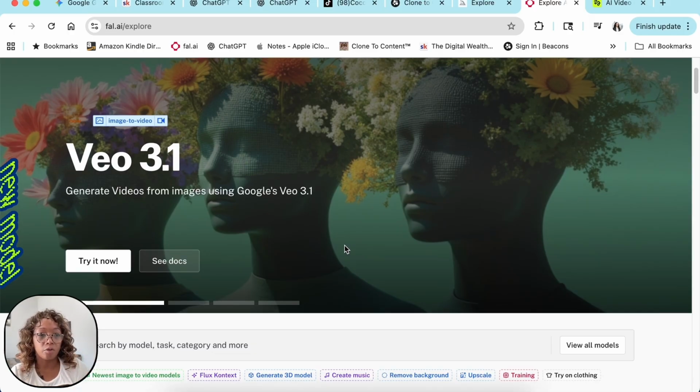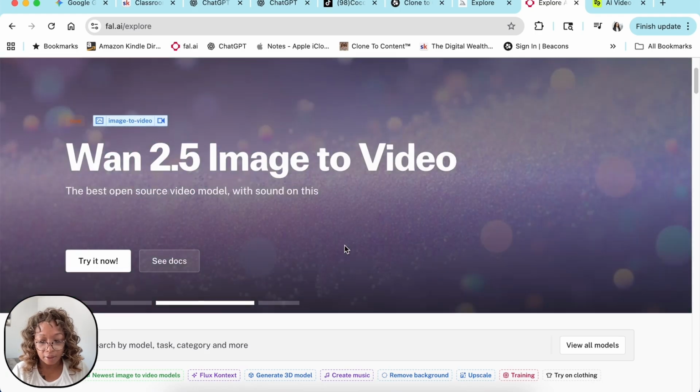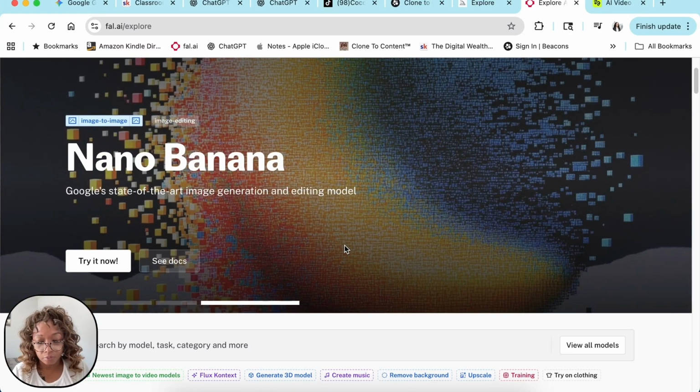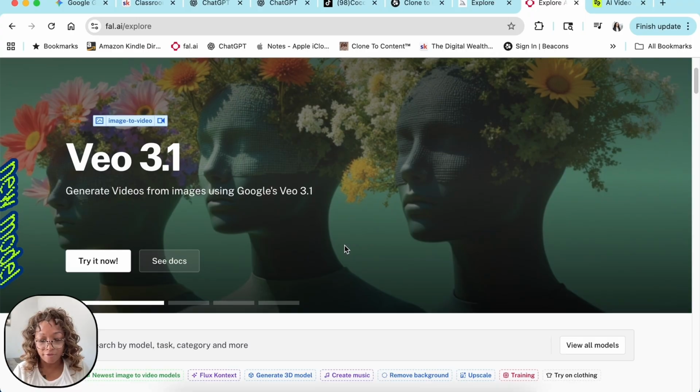Also, I went over all the tools that I have been using. I'm going to give you guys a rundown list, so write these down. I have Artlist.io. That one is new, but you can also use that one to get linked into Sora too. So if you go into Artlist.io, you can have access to Sora through Artlist, okay? I also use Kling and Fal.ai, which is showing on the screen right now.